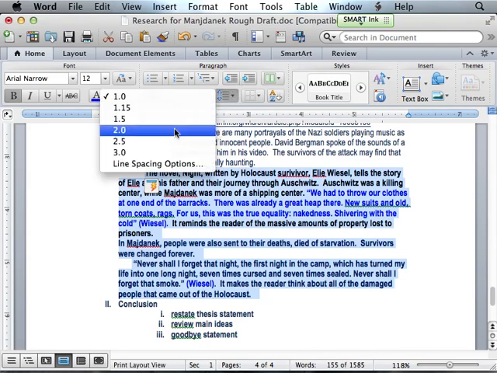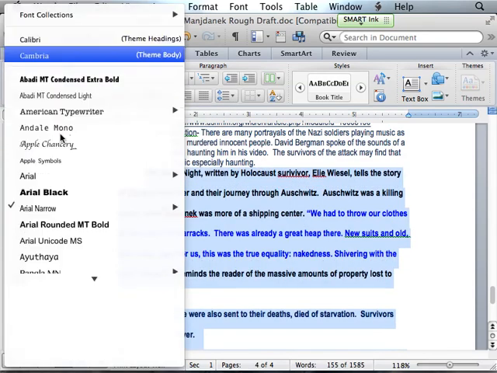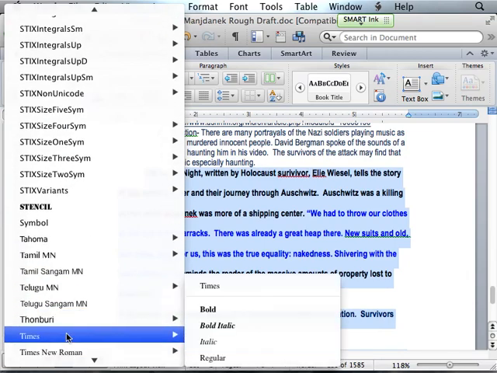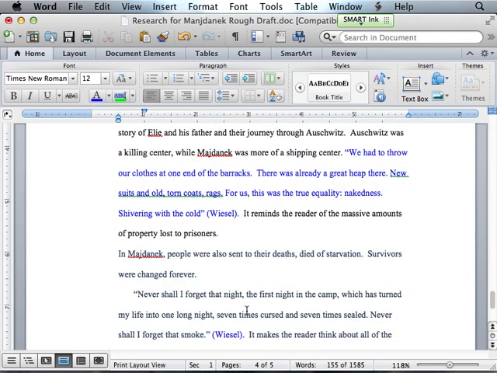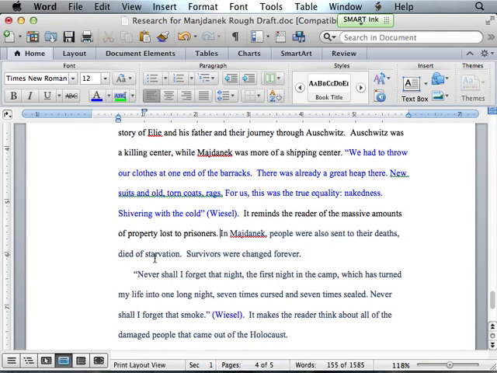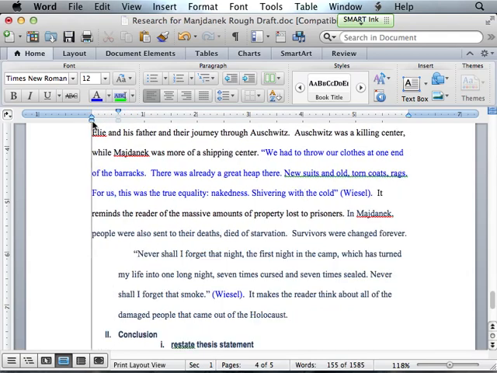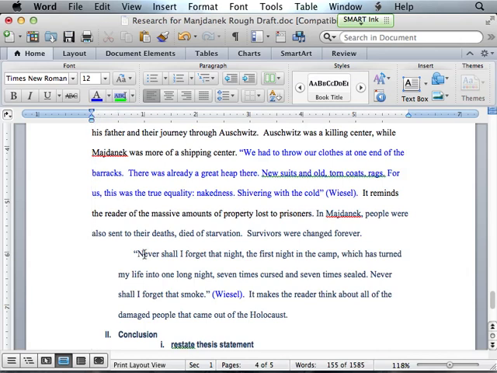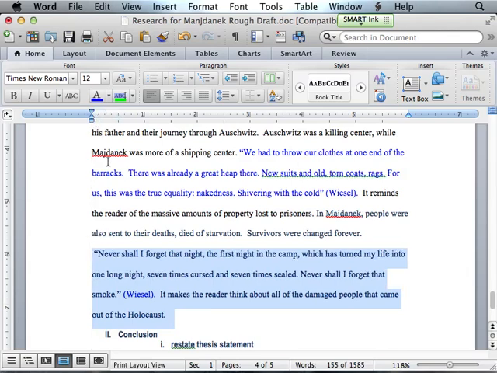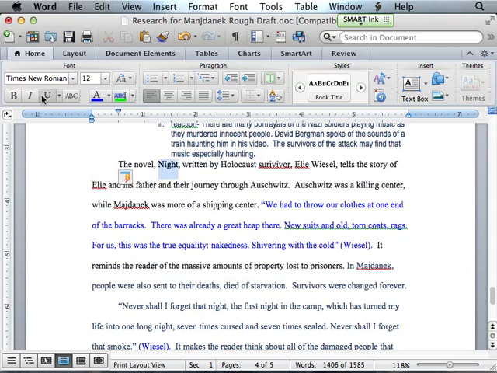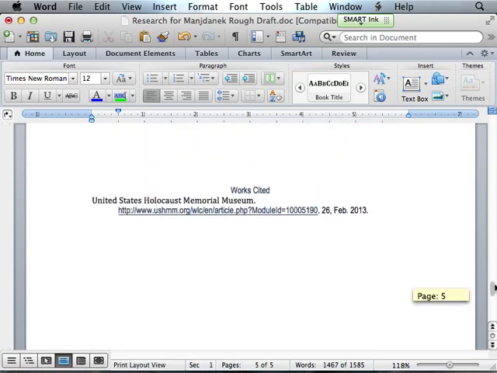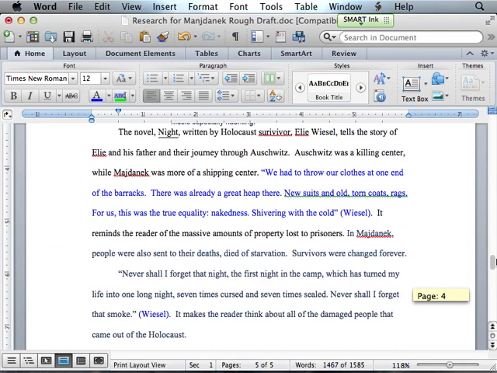I'm going to put them in double space so you can see what that really looks like. Times New Roman font. 12 point, no bold. I can see I'm already a little off here. Always check your ruler, make sure you're where you're supposed to be. Indent your paragraphs. Underline the titles of your books. And there's a little bit of spelling issues I have to clean up, but basically that's incorporating that novel.